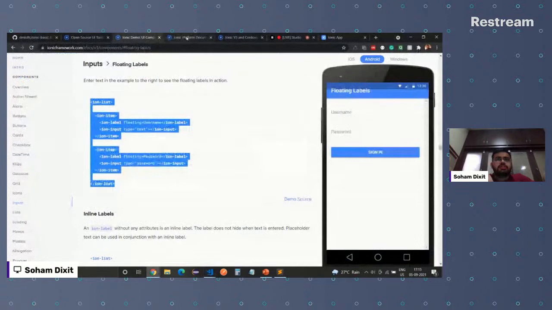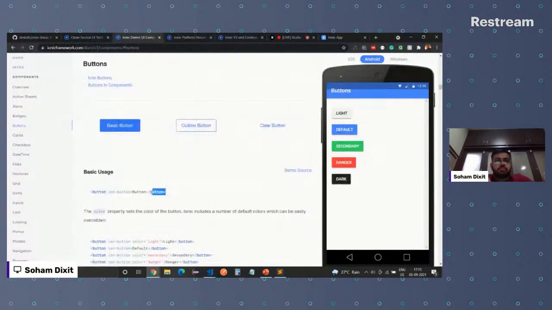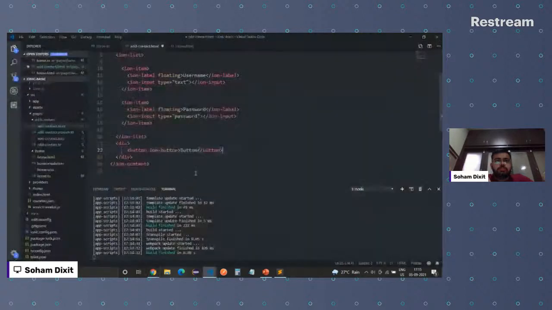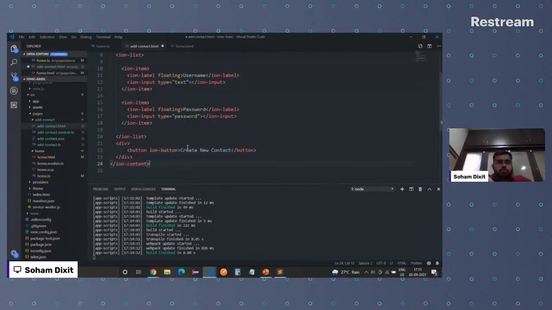Why not just copy the code for the button which we already had? So div, button, and this will be create new contact. Cool, this should be it, and let me have it in the block format.